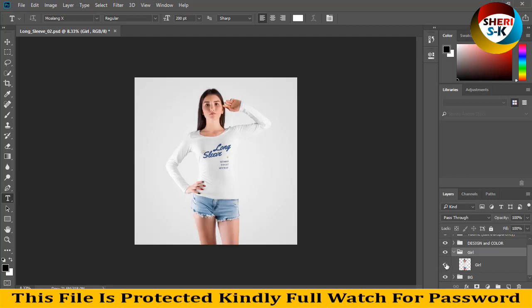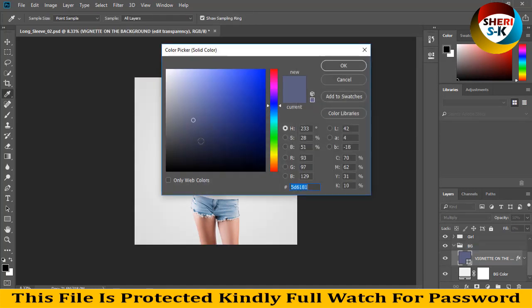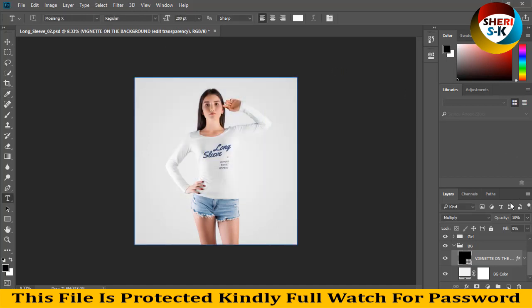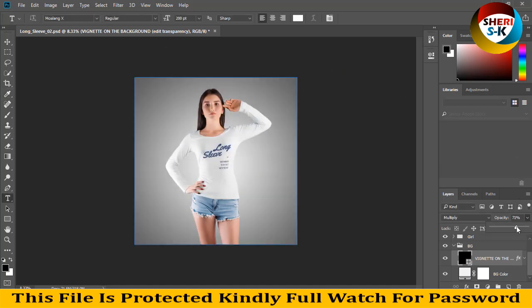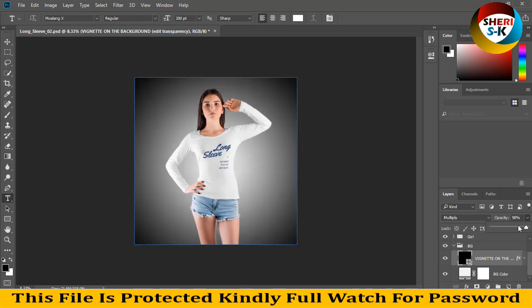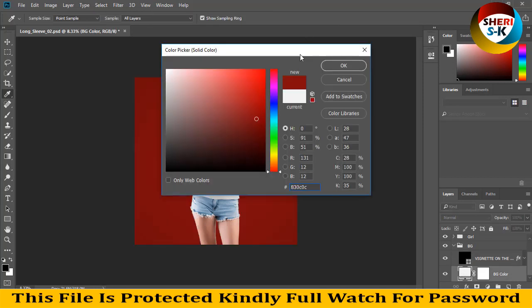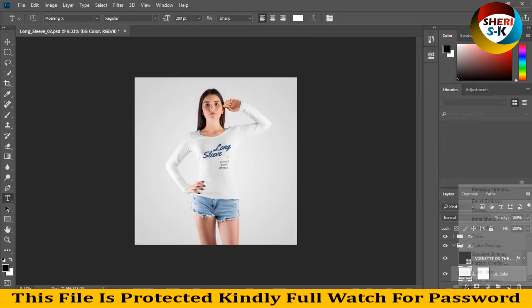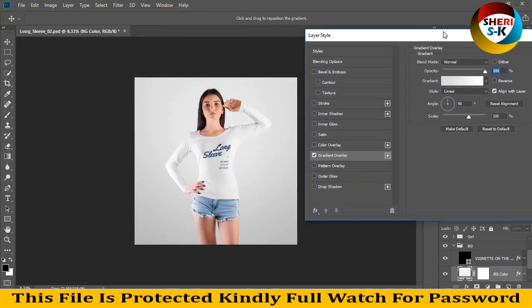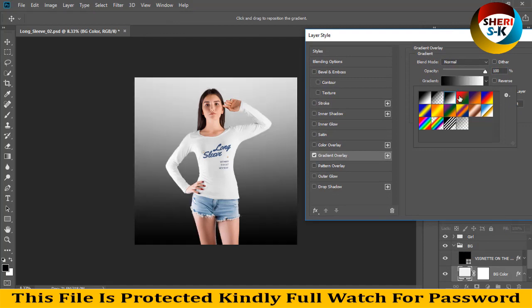Here is just, and the second option is background. You can change the background color. You see here the shadows, like black, and the opacity is 10 to 495 if you want. So here is, and the main color is here. Apply gradient overlay, select a simple background like this. Okay,